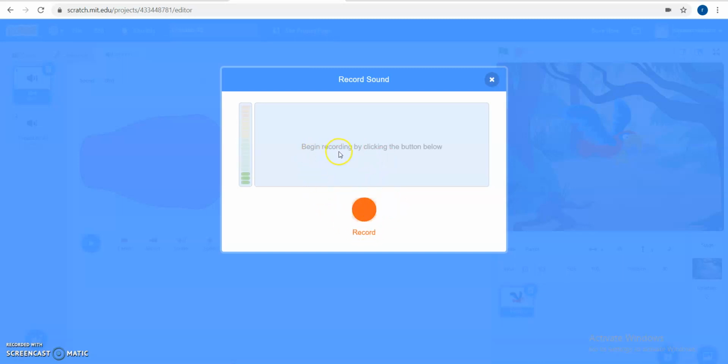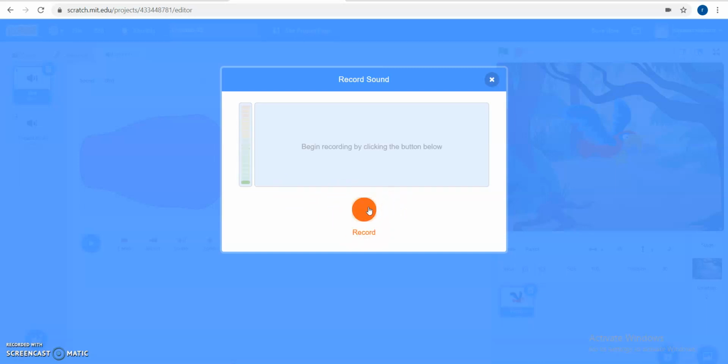Here you can see begin recording by clicking the button below. So you first click on this button and you can start recording. What voice can you give to the bird? You can simply say hello everyone when you click on this orange button.